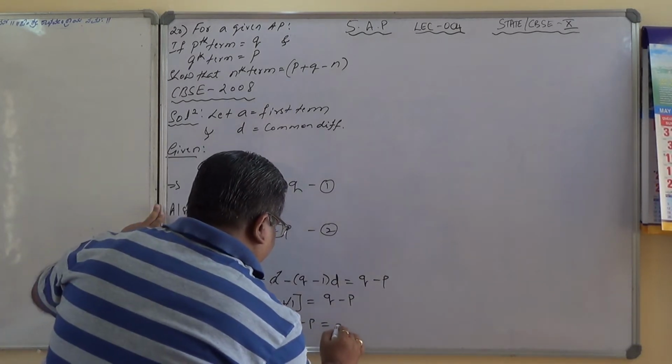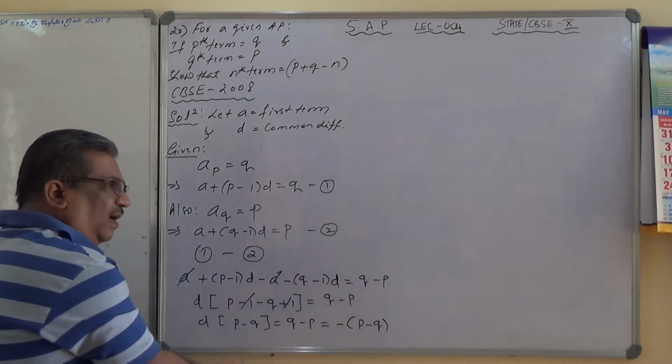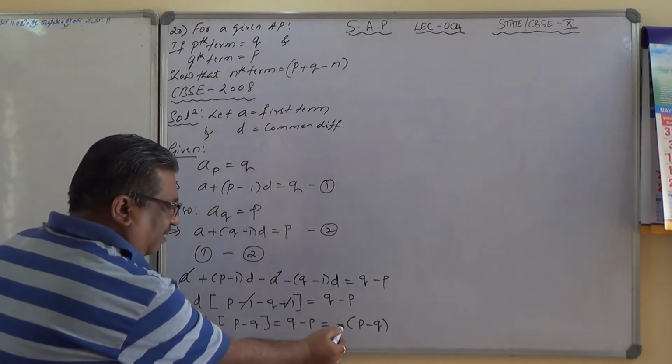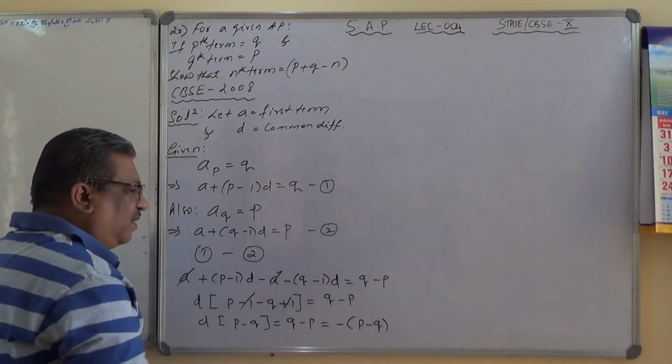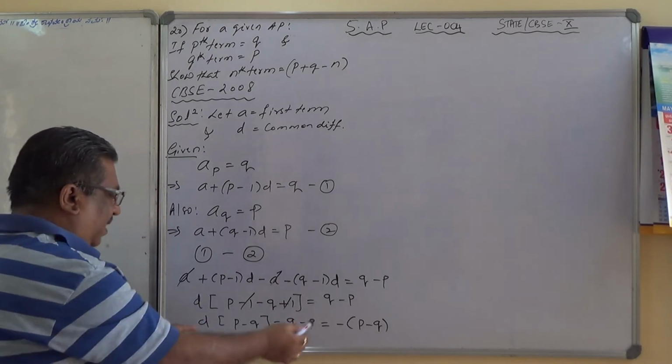So this can be written as minus of P minus Q, and I have taken minus 1 outside, or minus sign outside, and therefore it has become P minus Q. Check: minus P minus of minus plus Q. Finally we are getting the same Q minus P only. So a small modification here, because I want to make this term and this term the same.